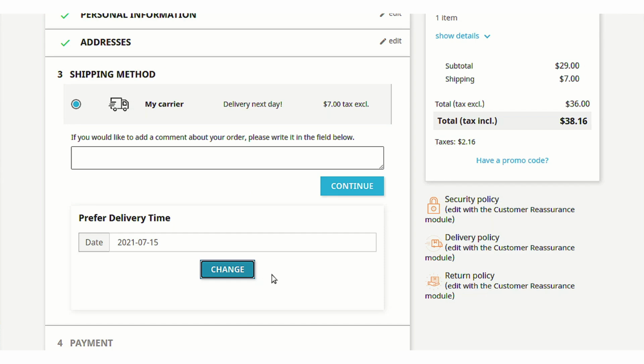The details would be available in the same way, and the rest of the functionality of ordering the product would be the same. So this was all about the PrestaShop delivery time slot module. Using this module you can easily allow your customers to choose a preferred delivery time slot or date slot, so that you can fulfill their orders accordingly on time, and your customers would get a better user experience on your shop. I hope this video helps you to configure and use this module in the best possible way.